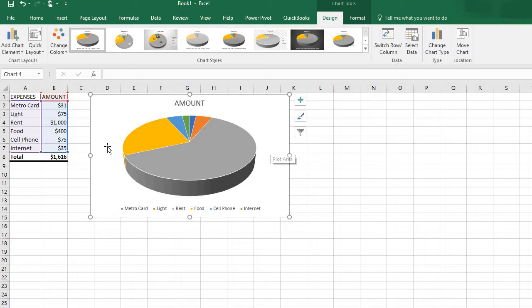Now, you see the values here are $31 for the MetroCard, light is $75, rent is $1,000, but you do not see the amounts on the pie chart, right? So in order to see the amounts on the pie chart that correspond to each expense, you click chart elements, which is this green cross, and click